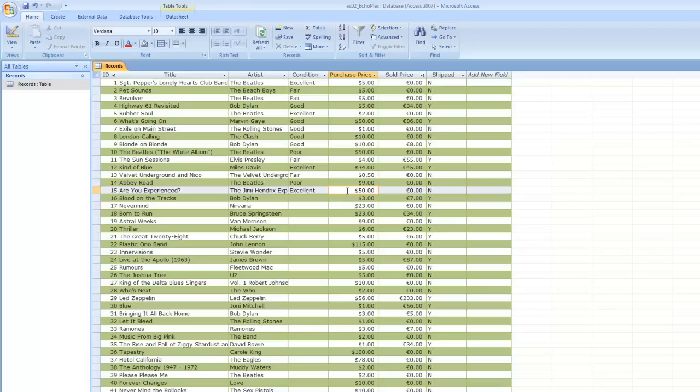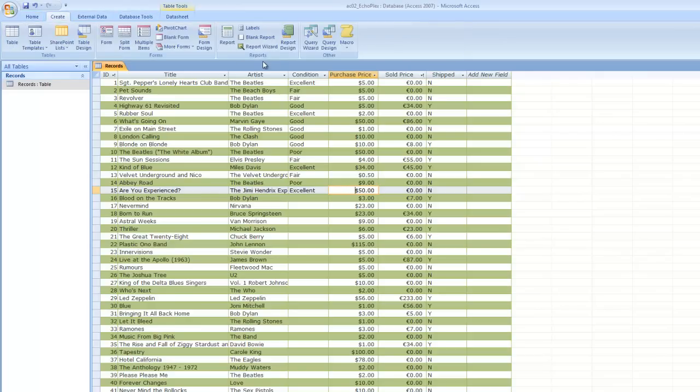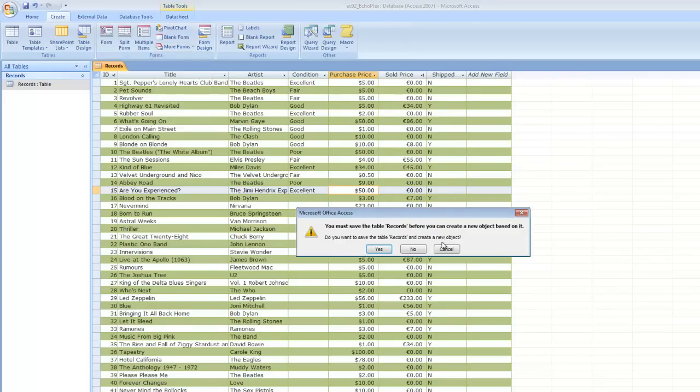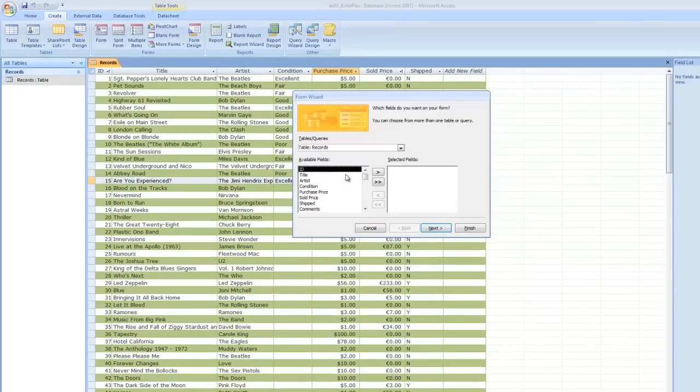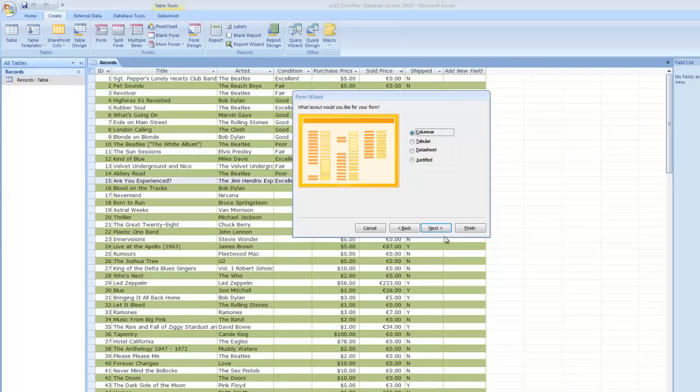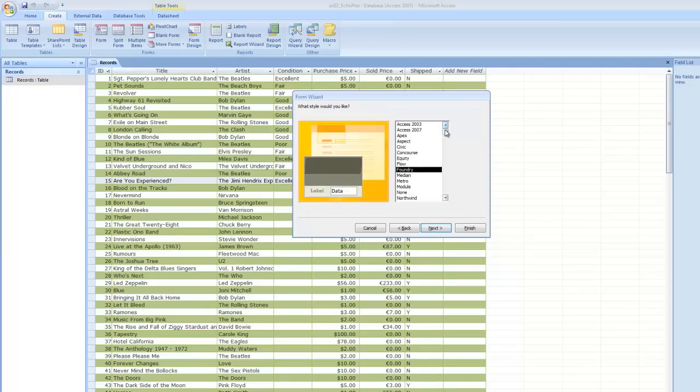It's now prompting us to use the form wizard, so we can create a form for the records table, and it wants us to include all the fields from the table, use a columnar form, and apply any style we like. So we go to the create option, we go to more forms, and select form wizard. We will save the changes. Okay, so we're going to add all the fields. Click next, we're going to be columnar, click next, and let's choose